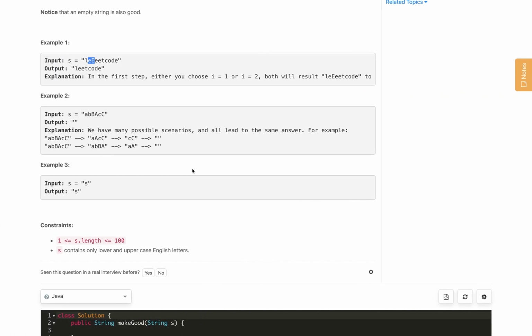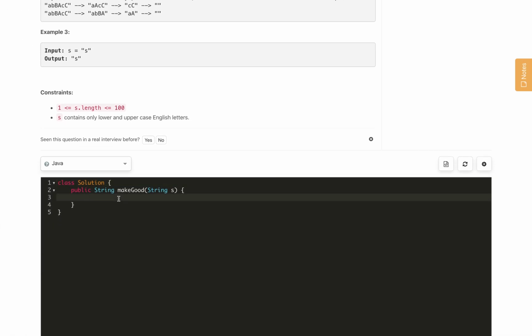So let's implement this code, very simple. First of all, we will iterate over all the characters from i equals 0, while i is less than s.length minus 1, because we are comparing one extra character, the right character. We do i plus plus.